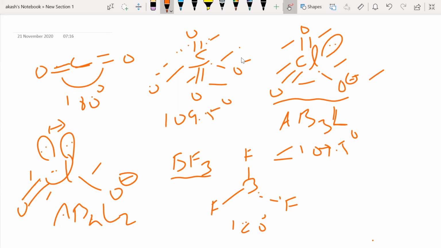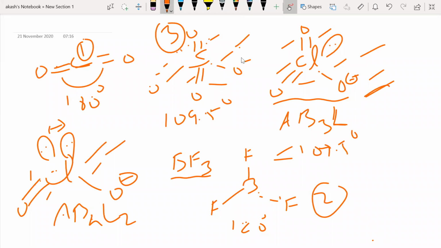That's it. Now you can easily assign your ranks, right? So the maximum bond angle is for this one, and the second is for these two, and this is exactly 109, and these two are lesser than 109. So the third rank goes to this and this. Obviously, this is having more bond angle. So the fourth rank goes to this, and the least bond angle is for ClO2 minus. Any questions? Everybody understood? Yes, sir. Right? Okay, cool.